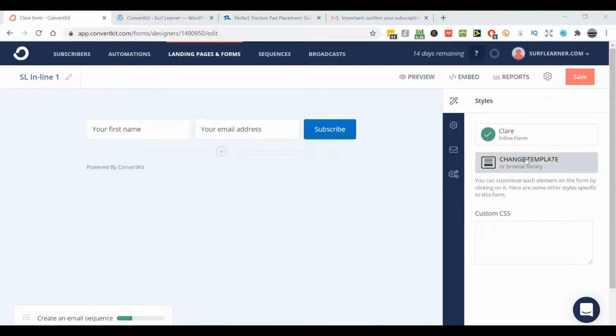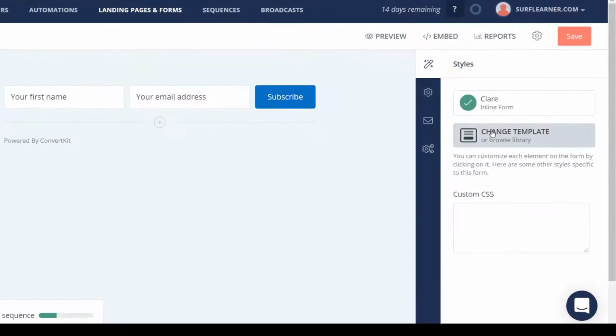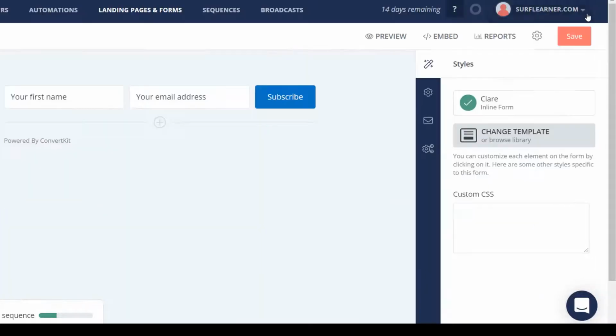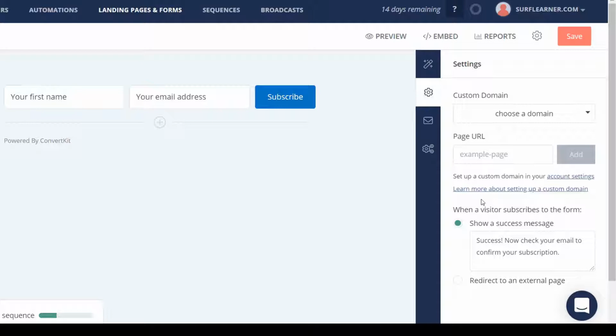In terms of over on the style side, if you did start inputting things and changing things a little bit and you realize actually this isn't going to work, there's a nice feature here where you can actually change the template and it will try to adapt what you've already done. So that's quite cool, but I'm just going to work with this for now. So again, okay, we'll leave that as was,